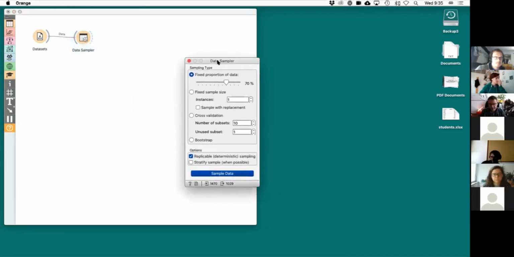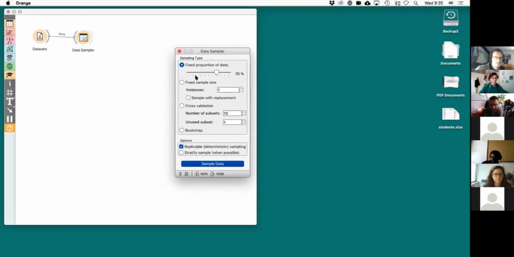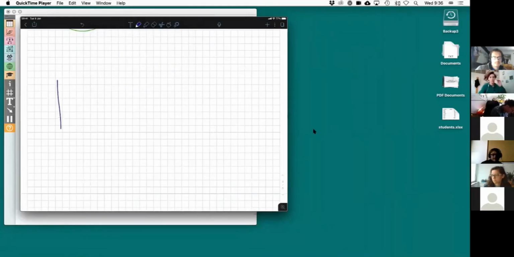into training and test. So what I'm going to do here is take 70%. I can adjust that, but just to keep it simple, I'm going to take 70% of my data and train the tree on that 70%. And then I'm going to test the accuracy on the remaining 30%. So basically, I'm going to split my data. So this is the data, and then I'm going to use 70% of it.